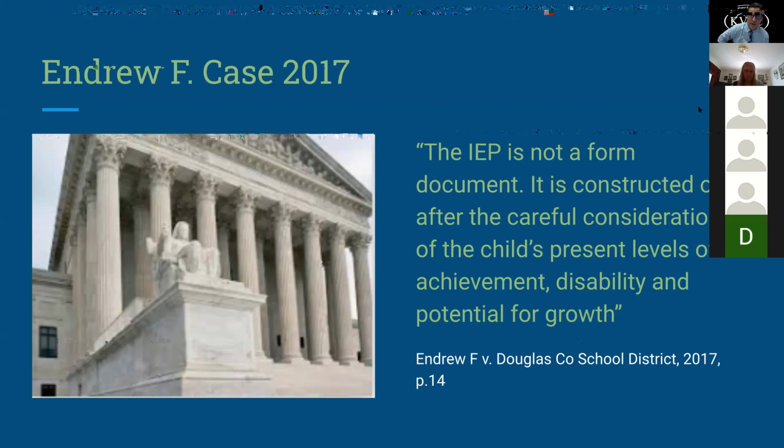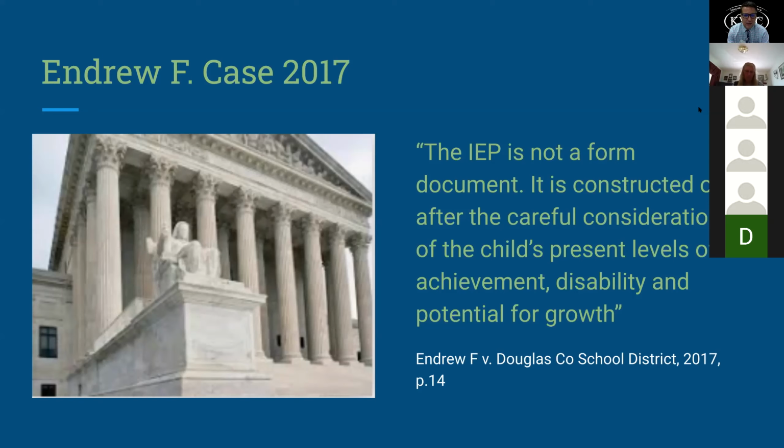And so they came back to the school and they said, hey, we don't want to move our student. We want to leave him there, and we want you to pay for it because you're supposed to be providing this free, appropriate public education for our student. And what they found when they went to court was that initially the circuit court said, you know what, they've provided the minimum floor of opportunity for your student here, so we really don't see a problem with what the school system has done. But then they appealed it all the way to the Supreme Court level. And finally, Chief Justice John Roberts wrote the